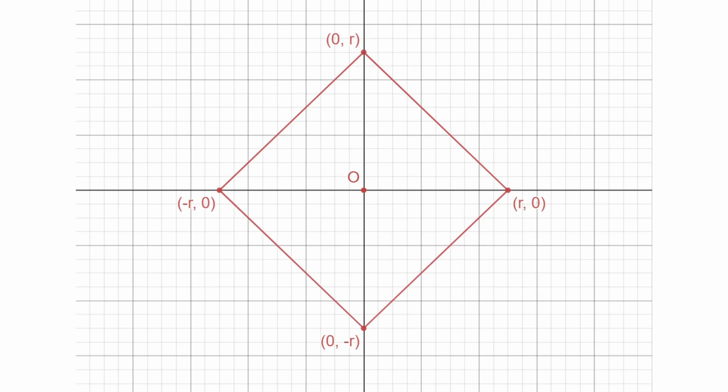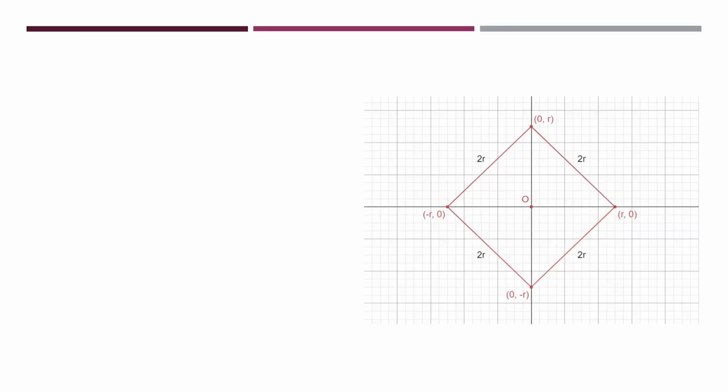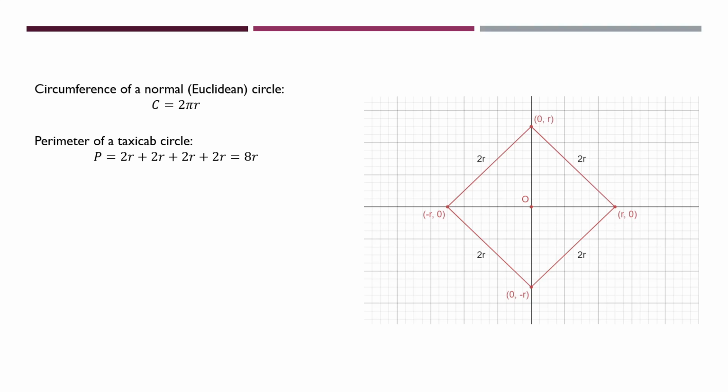Now for a final question. What is pi equal to in this geometry? We can figure out the perimeter of this circle by figuring out the length of each side, which ends up being 2r for each side. The circumference of a normal Euclidean circle is 2 pi r, and the perimeter of a Taxicab circle is 8r. So if we set these equal to each other, we arrive at the very unsettling conclusion that pi is now equal to